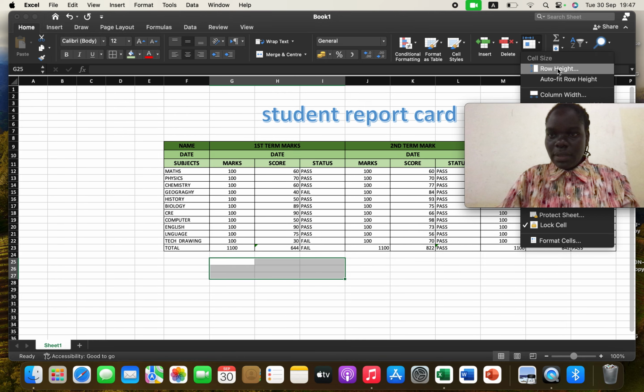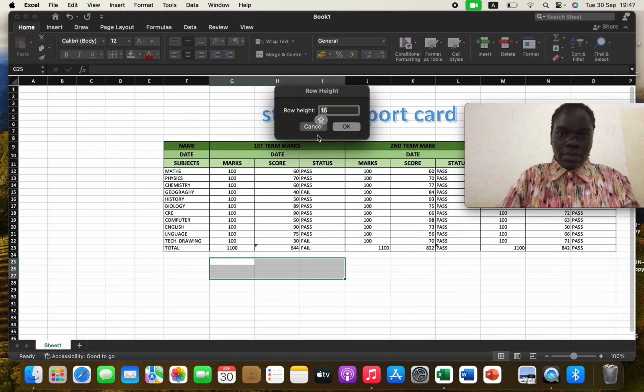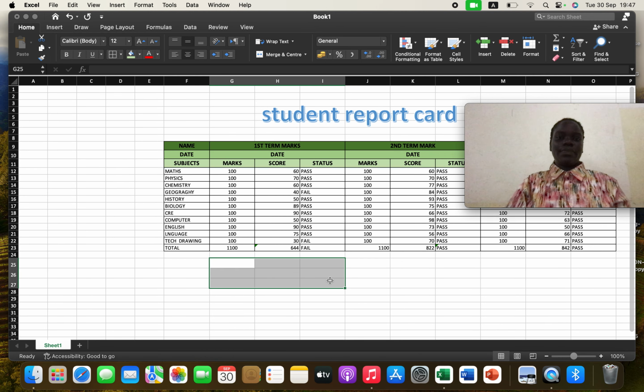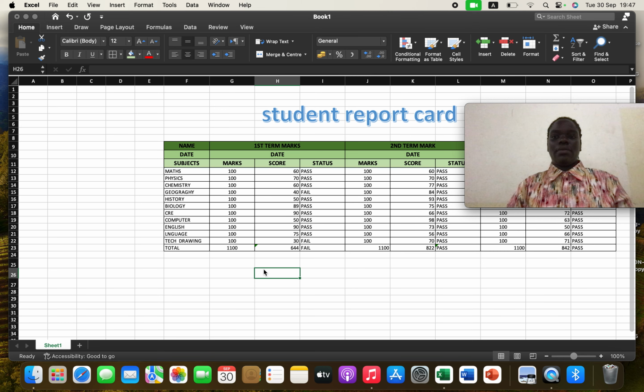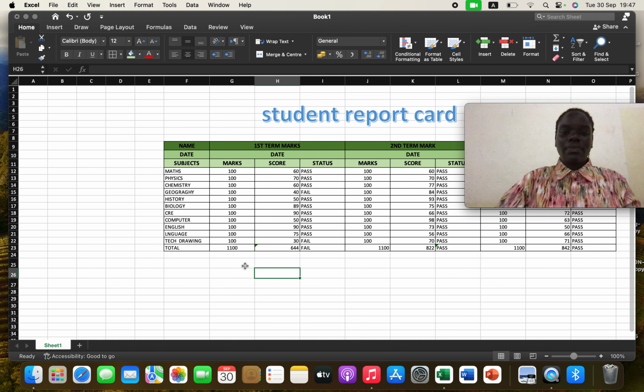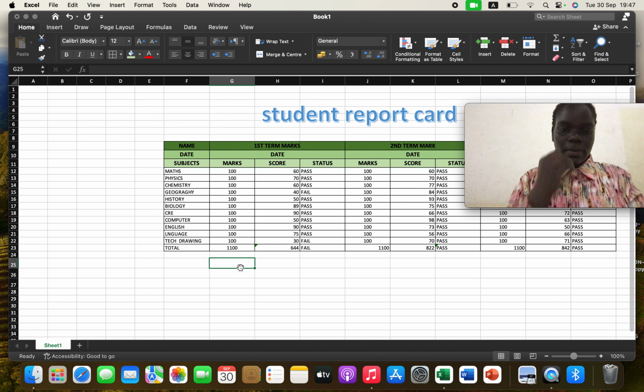You can as well increase the rows if you want them like 23 heights. There you go. So this is where you're going to put in your data for the teachers to sign, and every other, class teacher, aid teacher, and so if you want to type on this, you say,